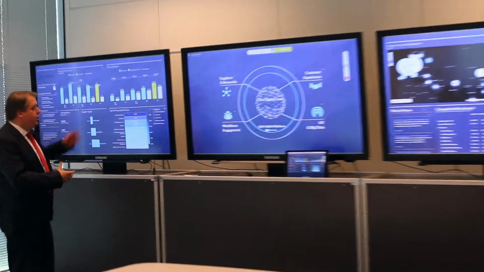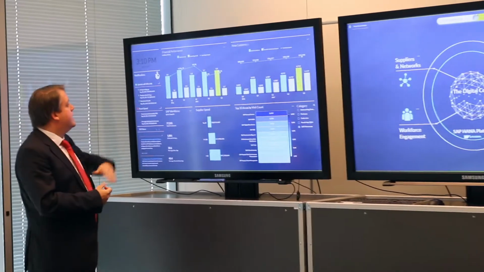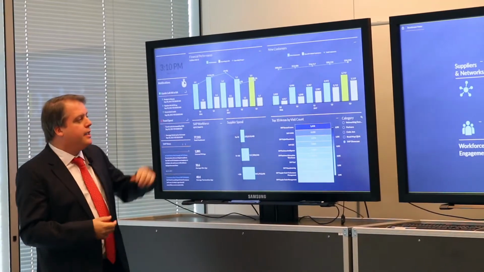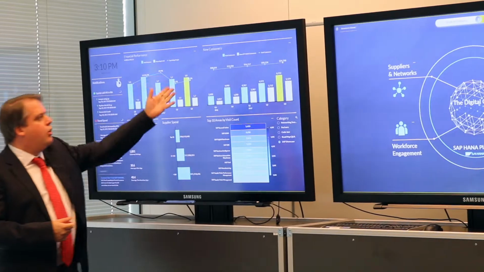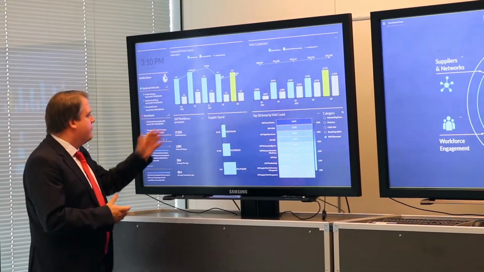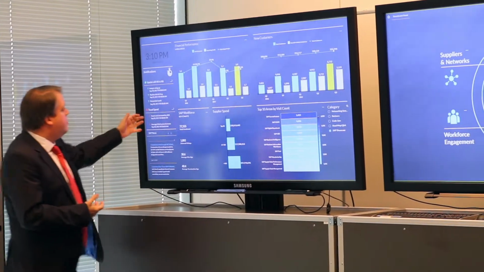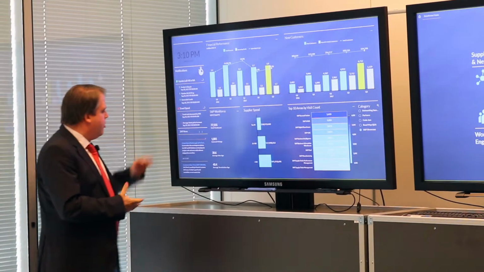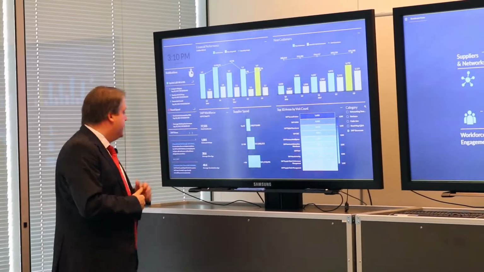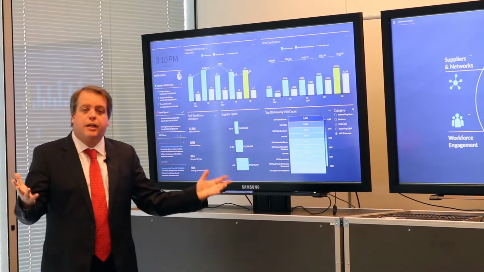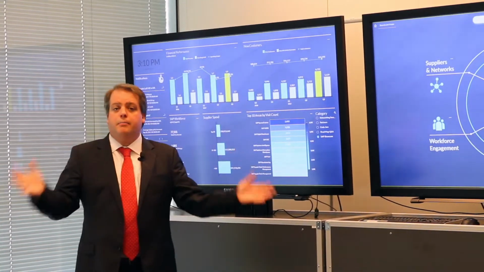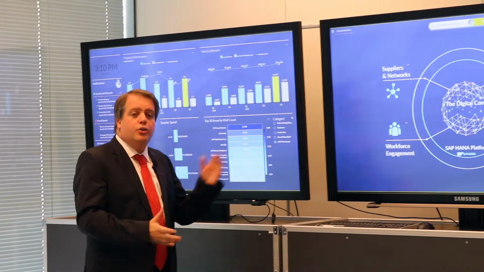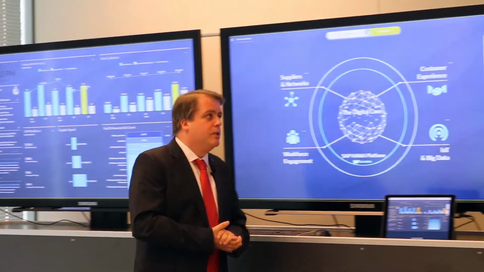So as explained, we have the overview. What we can see is the financial performance of the company, for example some of our new S4 customers, some information about our workforce, some of our notifications, I'll come back to that later on, and some external news. In this case, it's an RSS feed. It can bring information about macroeconomics, news feeds on the company, and those kinds of things.